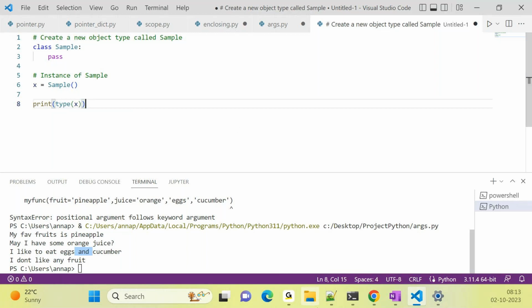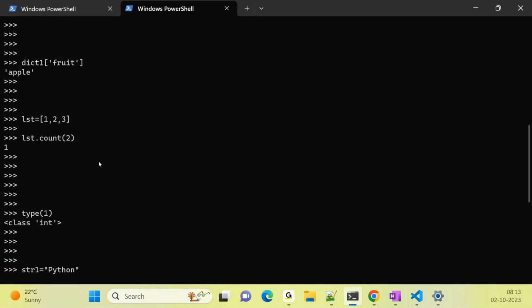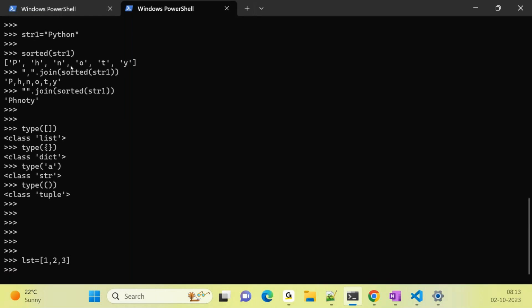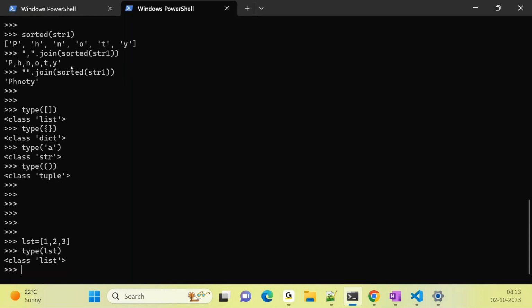So here I want to tell one more thing. For example, list. So let me recreate. So this is list, right? We have created list. I'm asking type of lst. It is telling it's the object called list. The type of this is object list. So here we created an object called lst and it is an instance of the list object. This is the main object list, but under this object, we can create an instance to call that object. So that's called an instance,